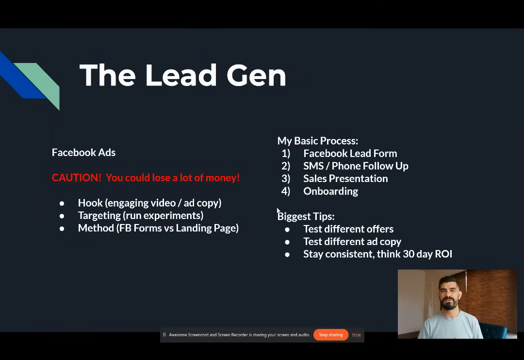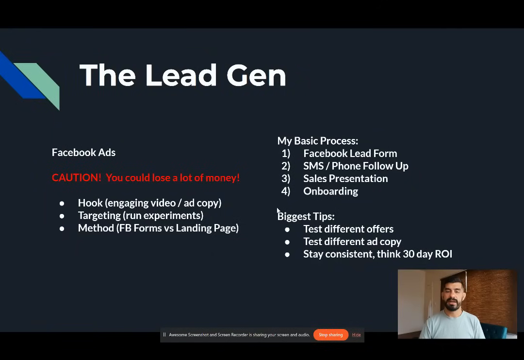Okay, and my biggest tips for you are this. Number one is test different offers. You saw on mine how I actually had several different offers, and it's important that you try different offers. Like you can try just the website, just the text back feature, just the SMS platform, just the reputation management, different things. You could make a framework that includes Go High Level as part of that framework. You could just try the white label framework, white label SaaS, a lot of different things you can try. So keep experimenting until you find an offer that resonates with your audience.